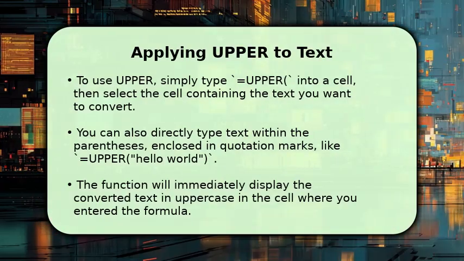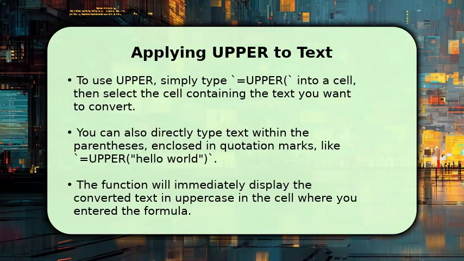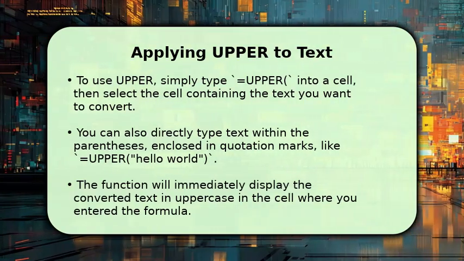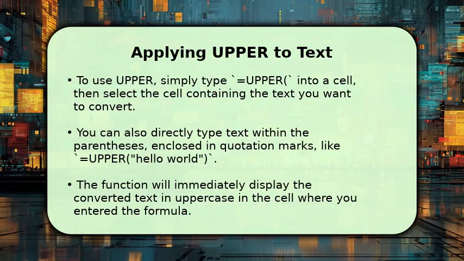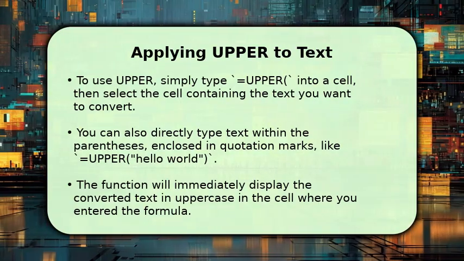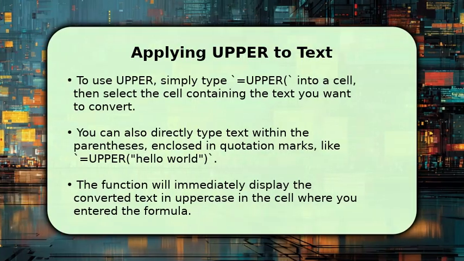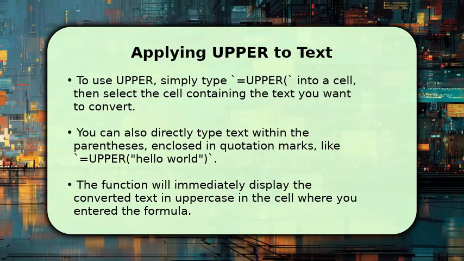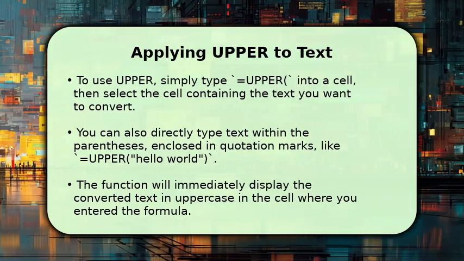Let's dive into the practical application of the upper function. To get started, simply select an empty cell where you want the uppercase text to appear. Type an equals sign, followed by upper and an opening parenthesis. Then, you can either click on the cell containing the text you wish to convert, or type the text directly within quotation marks. Close the parenthesis and press enter, and voila, your text will instantly be transformed into all capital